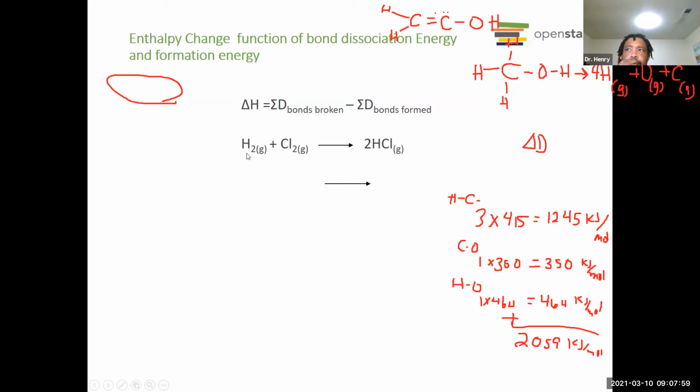Okay, so for instance, we'd look at the energy to break both of these bonds, so the hydrogen and the chlorine bond. And then we'd look at the energy for the formation of that. Okay, so let me give you an example. So if we go to that table,